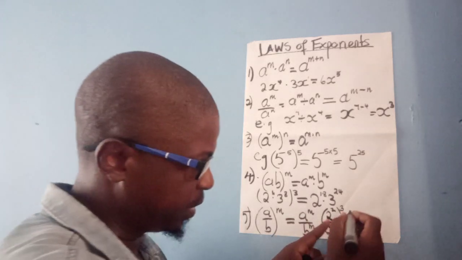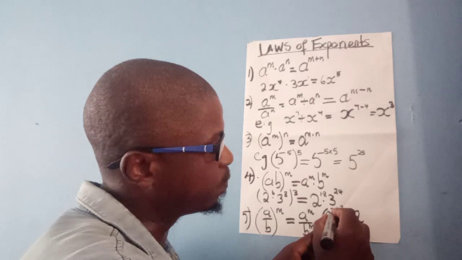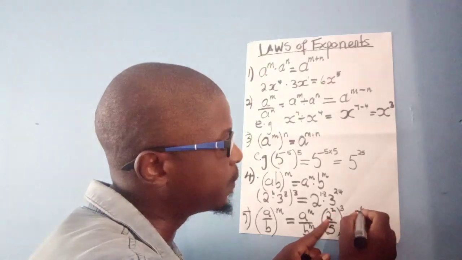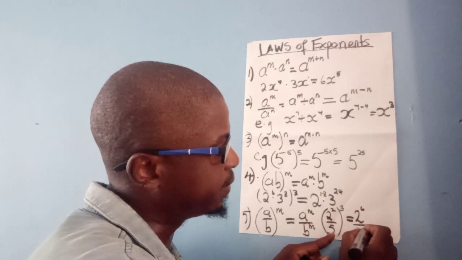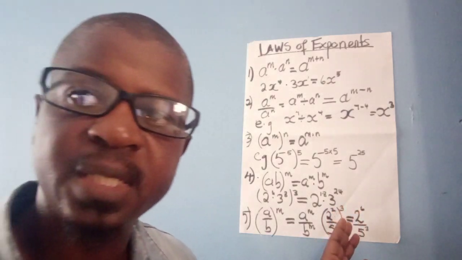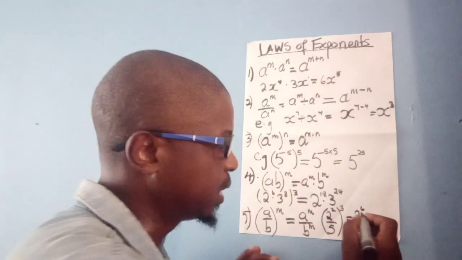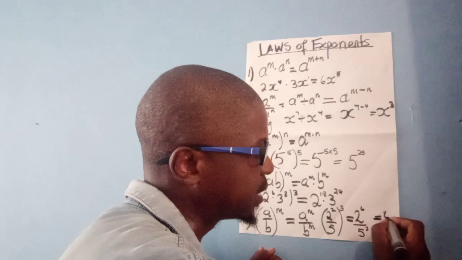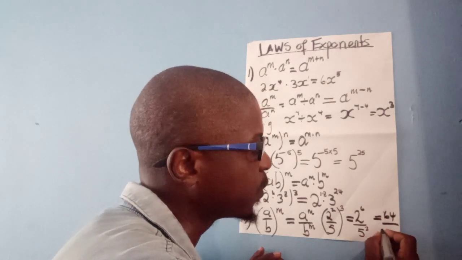So this means that I'm going to say 2 to the power of 2 times 3 is 6, and this 5 is raised to the power of 3. This is much easier to simplify. So 2 to the power of 6 is 2 times 2 times 2 times 2 times 2 times 2, which gives us 64, over 5 to the power of 3, which is